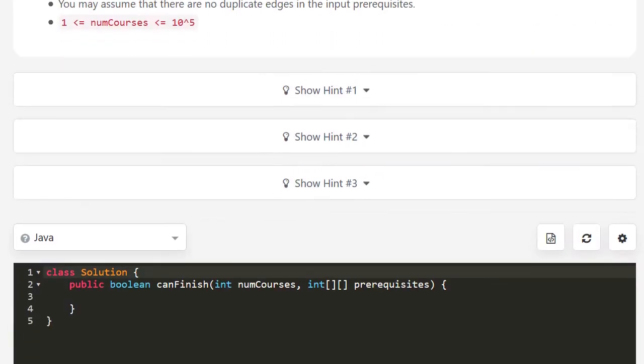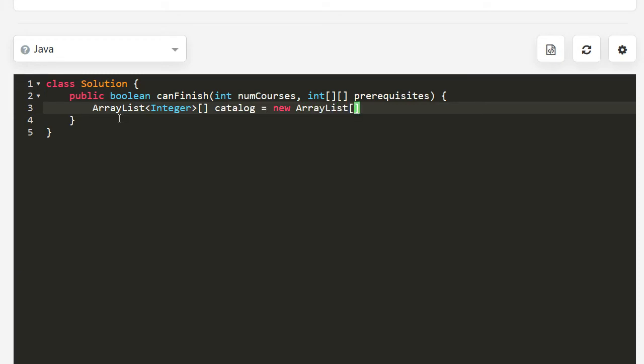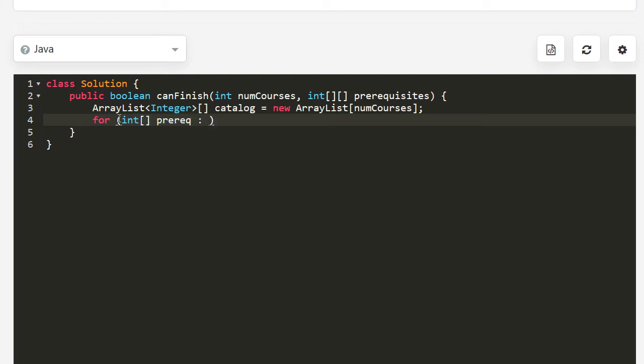First, let's create our graph. So let's call it our catalog. So we'll have an array list of integer, and this will be an array of our catalog. And it will have the same size as the number of courses that we're taking. Okay, so now we want to actually fill up our catalog with the prerequisites. So for int prereq in prerequisites,